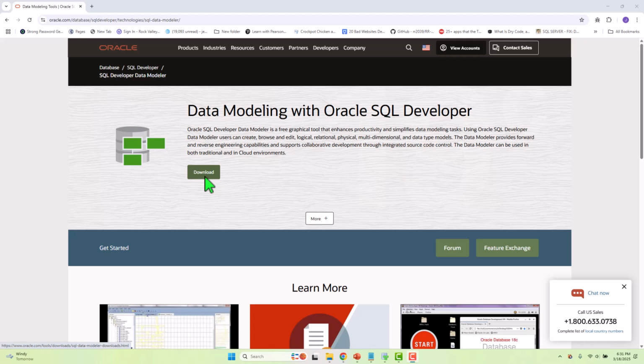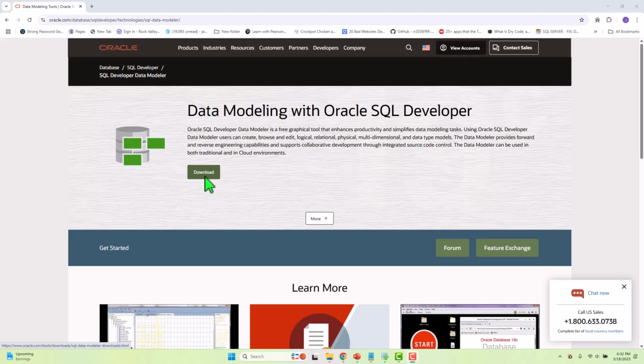However, it's going to be more in line with reverse engineering an Oracle database into a relational model and not necessarily going to give us all of the capabilities to create our logical models, go through logical model to our engineered relational model that can be used to generate DDL. So we need to download this in order to do that. And we're going to start looking at how we can use this tool with setting up some domains